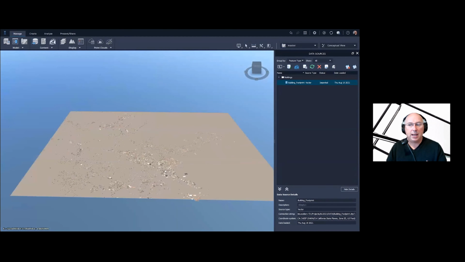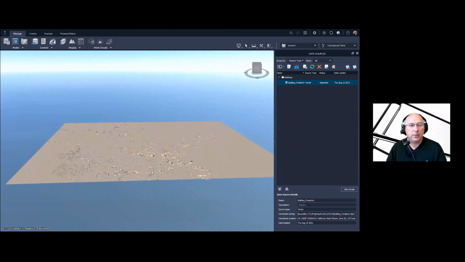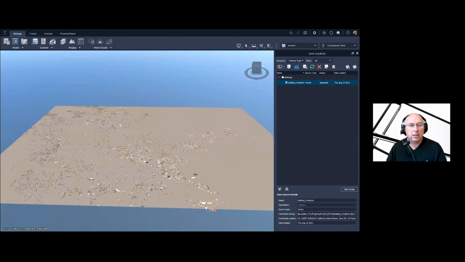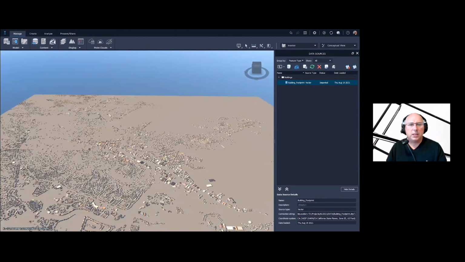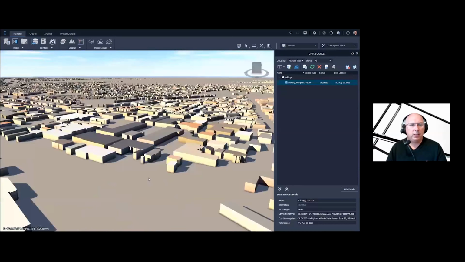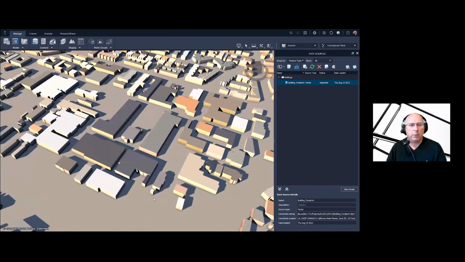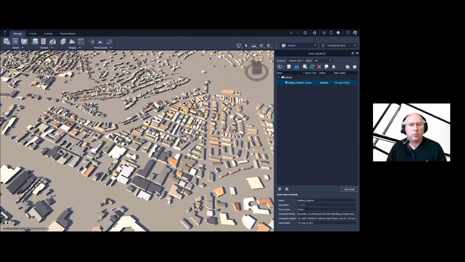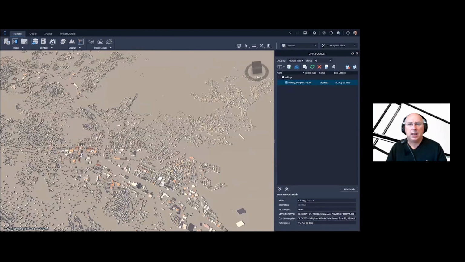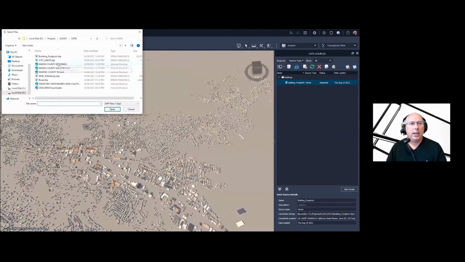So if we zoom in now and look at them, you can see there they are. Now they're all 10 meters because we don't know what the heights are, but that's fine. We got 10 meters. We can change them any way we want. And there they all are. So we've got all these 10-meter buildings, and now we can add more data. So let's go ahead and add more. So under the dropdown, we'll pick shape. Let's go ahead. And in this case, we're going to bring in the water bodies.